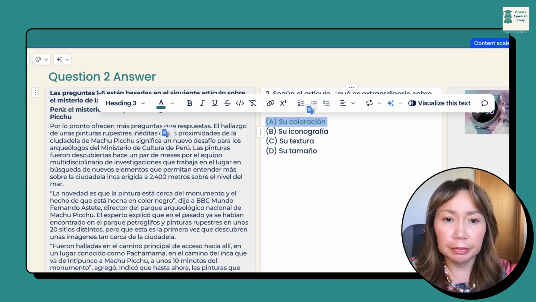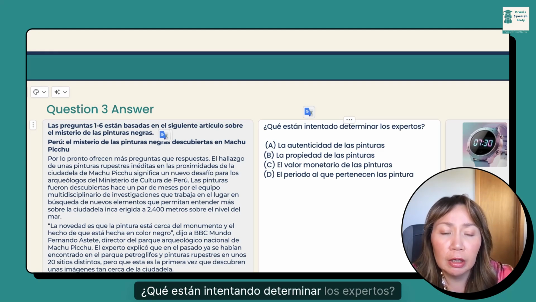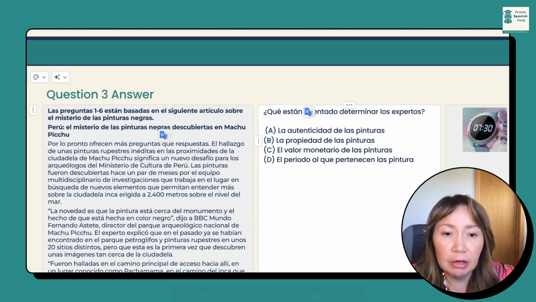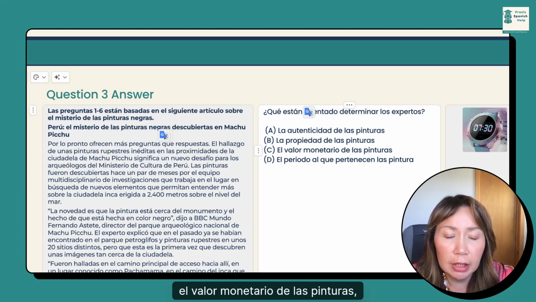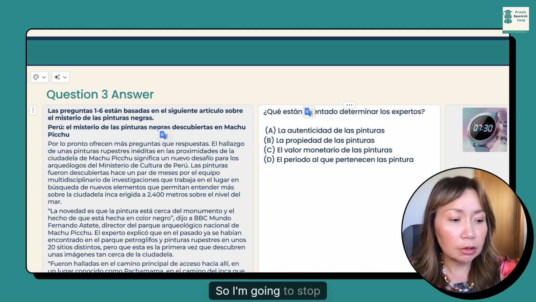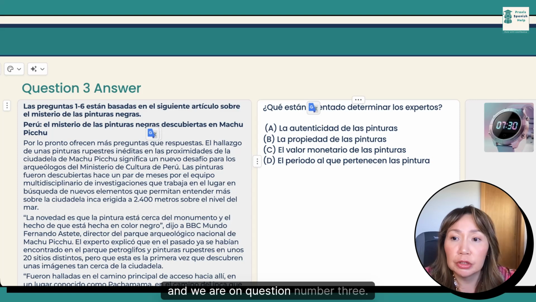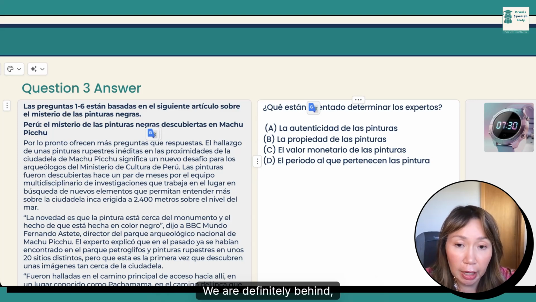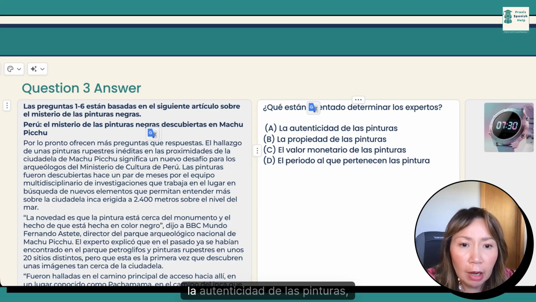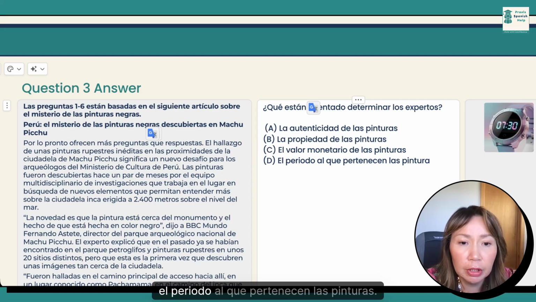Question number 3. ¿Qué están intentando determinar los expertos? So, la autenticidad de las pinturas, la propiedad de las pinturas, el valor monetario de las pinturas, el periodo. Wow, so timer is up, so I'm gonna stop. And we are on question number 3. We are definitely behind. So, but we're going to just move on. La autenticidad de las pinturas, la propiedad de las pinturas, el valor monetario de las pinturas, el periodo al que